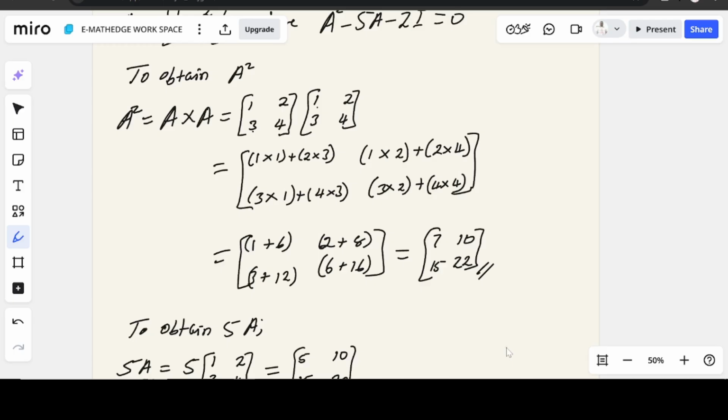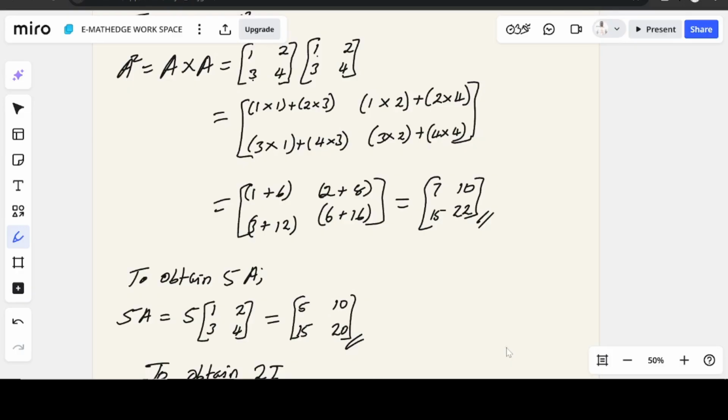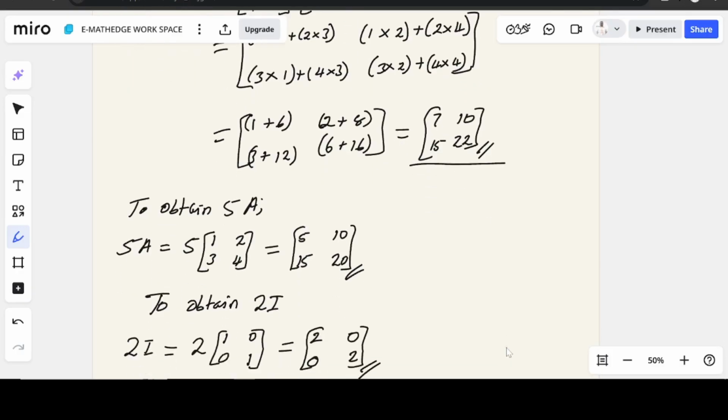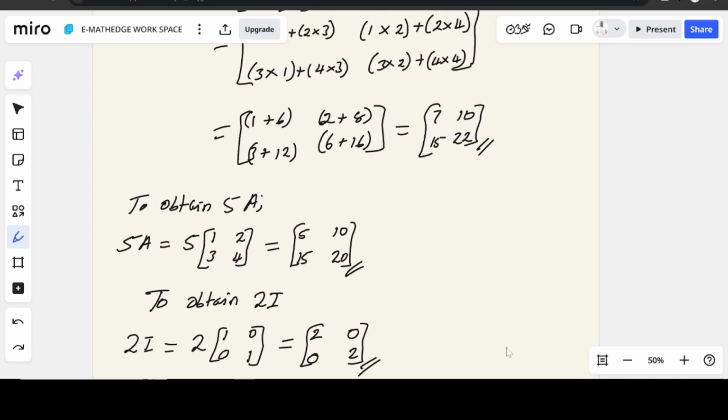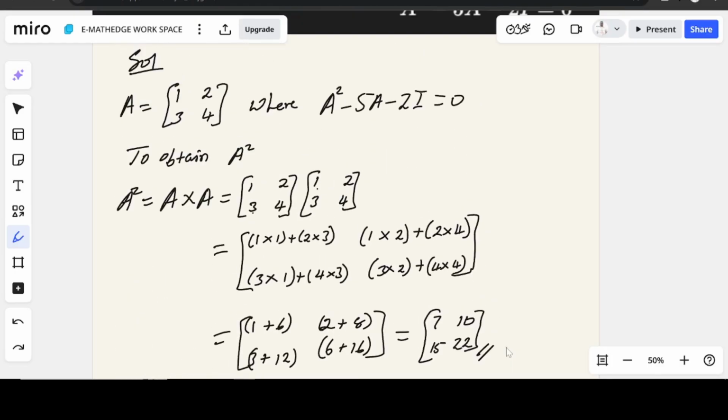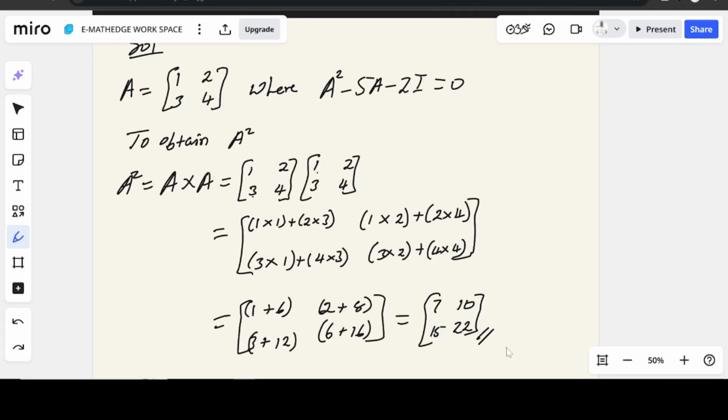Now we've succeeded in obtaining the matrix for A square, which is this. We've also succeeded in obtaining the matrix for this term 5A, which is this, and that of 2I, which is this. So it will now be easy for us to substitute these matrices into this expression for us to verify if it will be equal to 0 or not. So let's quickly go ahead and do that. Compute